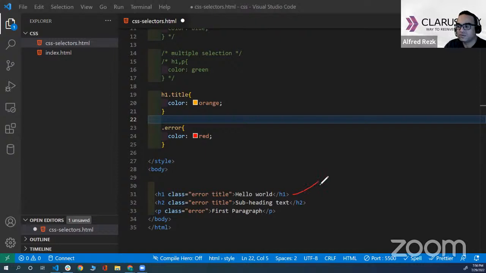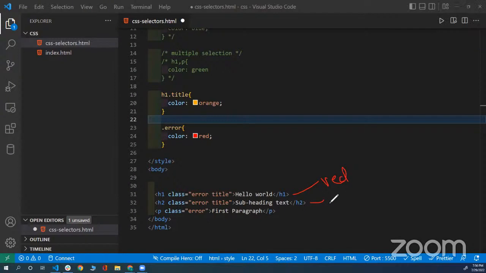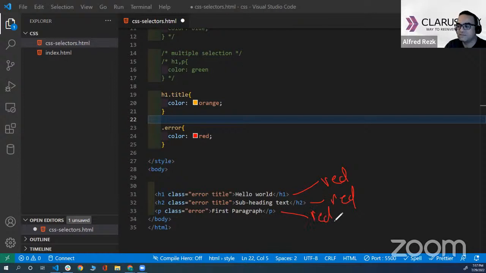H1, what do you think the color? Orange or red? I think red. Red. H2? Also red. And the paragraph definitely red, right? But now, what if I told you the way that CSS works,